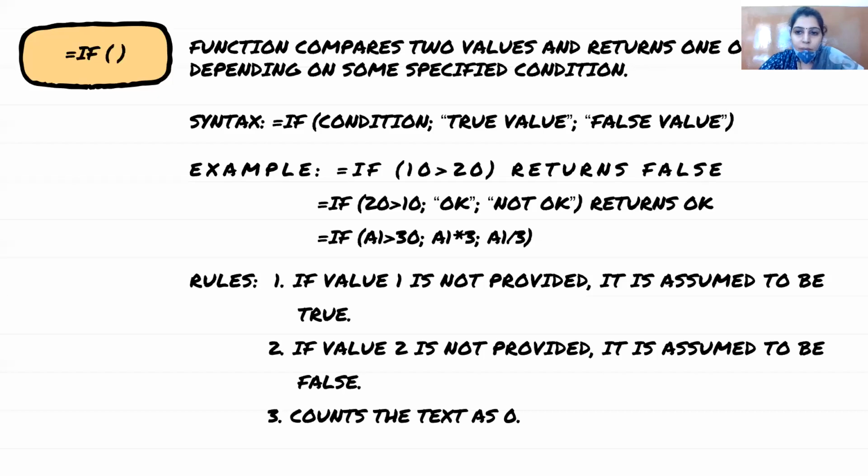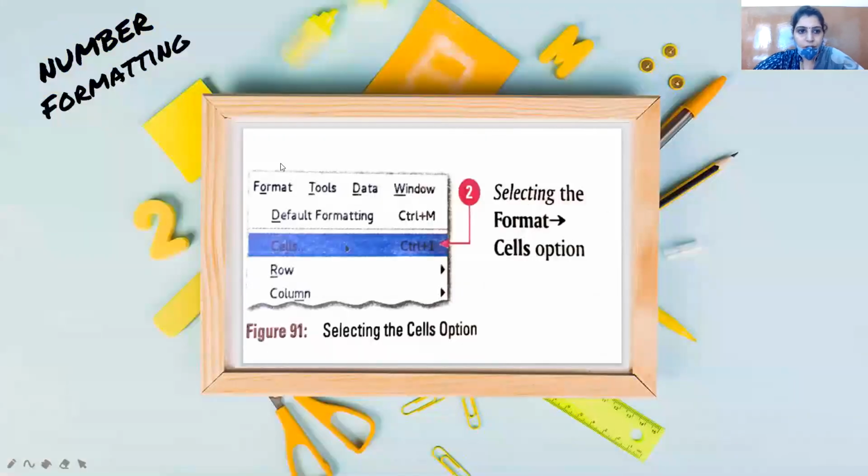Clear? क्योंकि पहले वाले में हमने ट्रू की वैल्यू देनी है, the second part will be the false value. अगर A1 की वैल्यू 50 से ज्यादा है, the first true case में क्या आएगा? Grade is A. Second part में, false part में, grade is B. Clear to everyone now? How to formulate this condition? Clear? Okay. Next, number formatting.